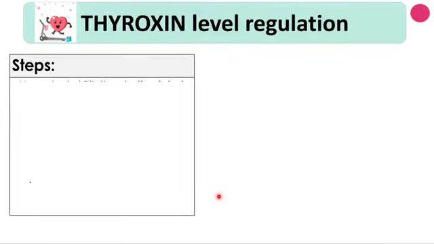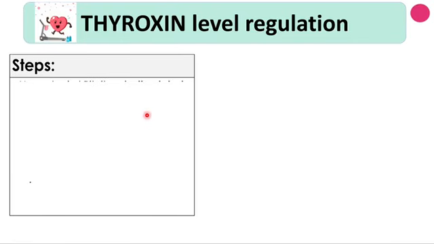Okay, so next up we're going to have a look at different types of negative feedback mechanisms. And the first one that I'm going to take you through is maintaining thyroxine. So as Ms. Boyens mentioned, thyroxine is a hormone that regulates your metabolism. So if the thyroxine level in your blood is not at normal, your body needs to find a way to